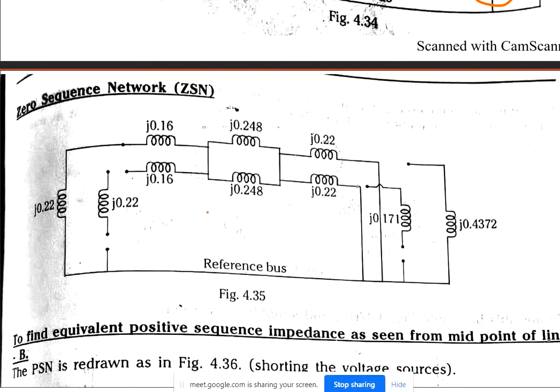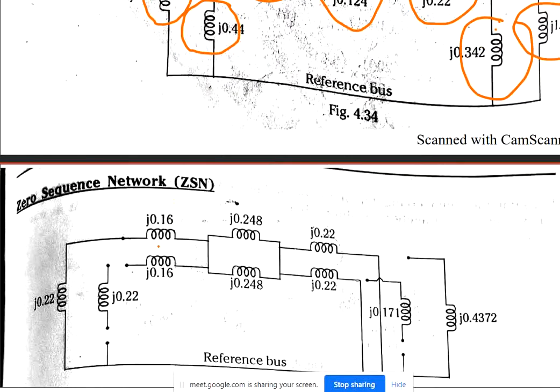Next, zero sequence reactance, zero sequence network. So zero sequence network, same thing. Depending on whether it is connected in star or delta, you need to check. If it is a star, your series switch is closed. If it is a delta, your shunt switch will be closed. And you need to check whether it is solid grounded, grounded through a reactor, or open grounded.